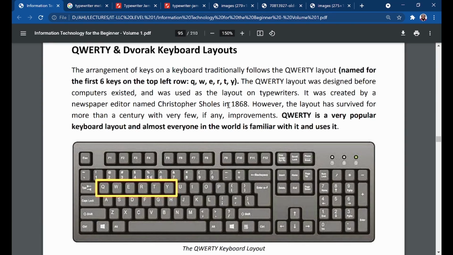QWERTY is a very popular keyboard layout, and almost everyone in the world is familiar with it and uses it. One thing that happened was that the QWERTY became so popular and people got used to it. People who learned how to type were comfortable with the QWERTY layout, to the extent that when the Dvorak was introduced, people still felt comfortable with the QWERTY,